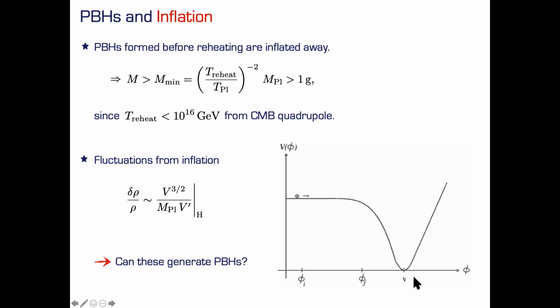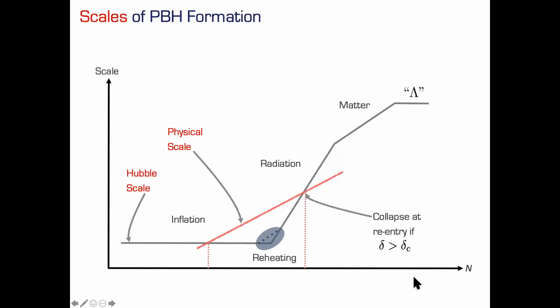Now, I think we talked about this scale. Actually, I drew this, so I don't need to talk much about this again. Let me just repeat the scales during inflation. Here we have scale, there's time, and in this representation the Hubble scale is constant during inflation. Here the Hubble scale comes up like this, and the physical scale is redshifted outside of the horizon, re-entering later, and when it re-enters with a density contrast which exceeds the critical value, you produce a black hole. Yes.